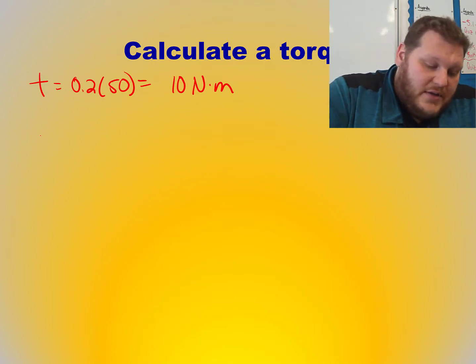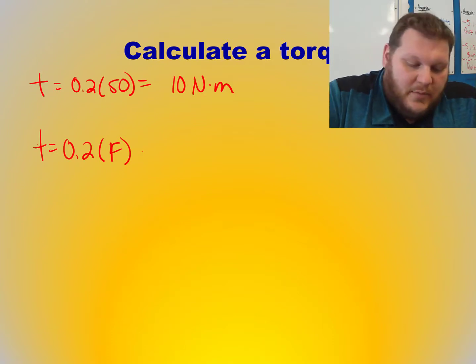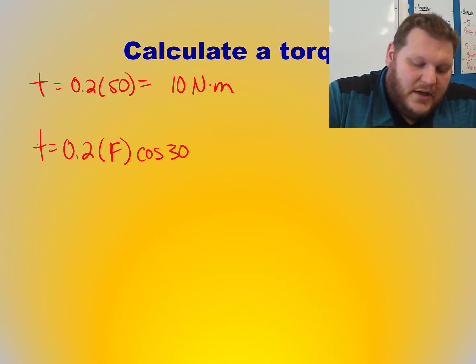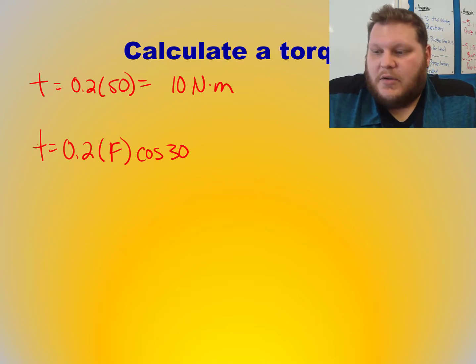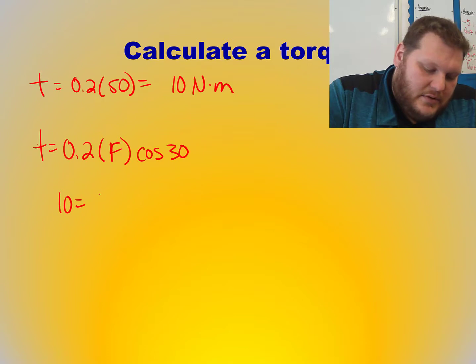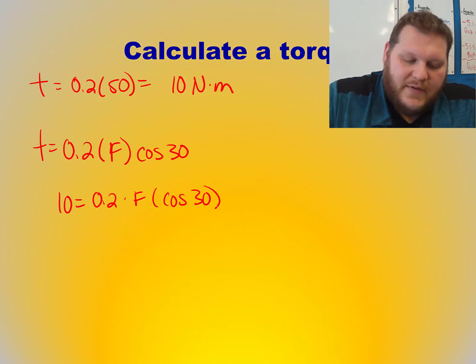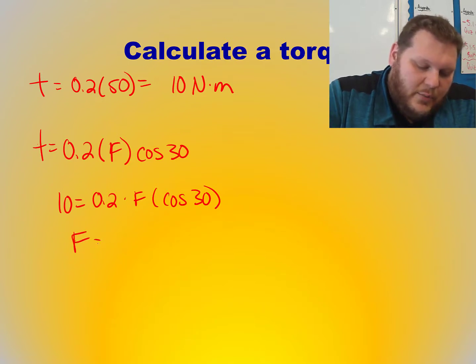So if I have an adjusted formula, still 0.2, we don't know what that force applied is going to be, right? Times cosine of 30. We're going to have to solve that equation for our force. So if 10 equals 0.2 times F times the cosine of 30, solving that equation, 10 divided by 0.2 divided by the cosine of 30, we end up with a force of